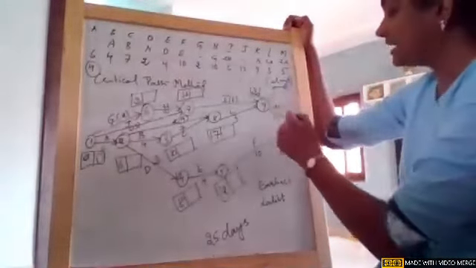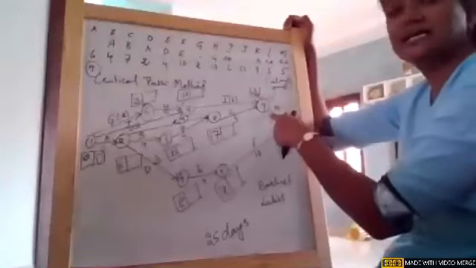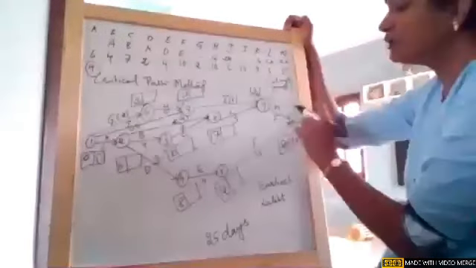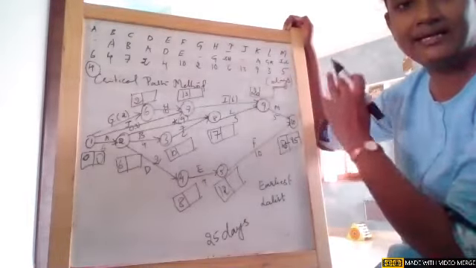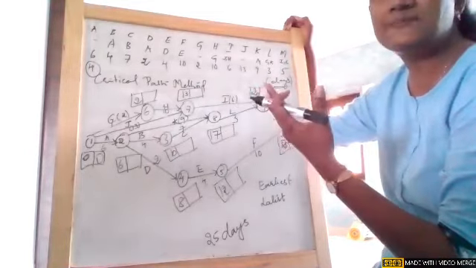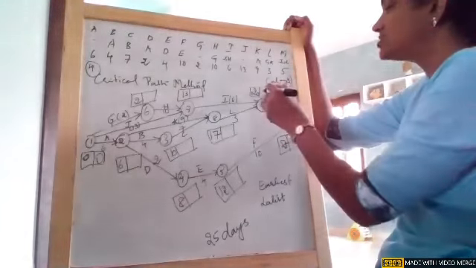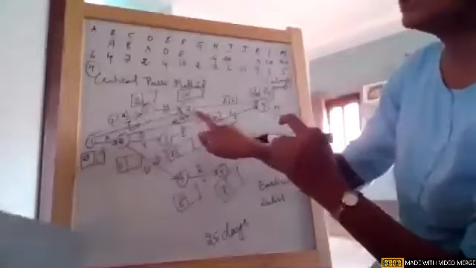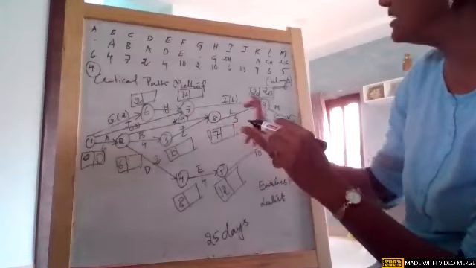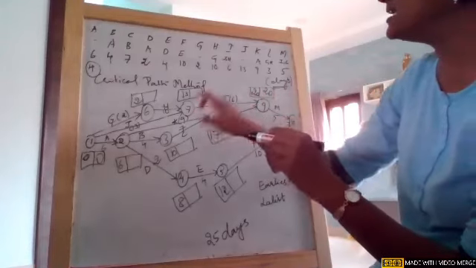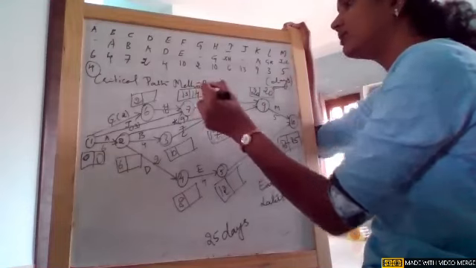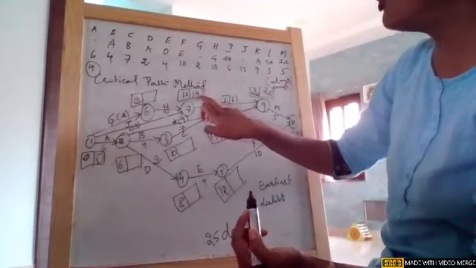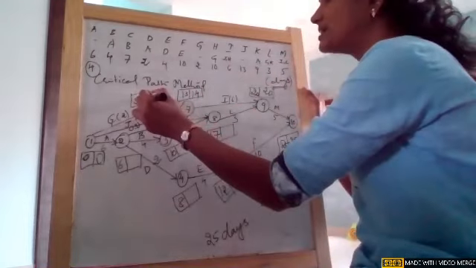So now come back, 10 goes to 9. 9 has a single tail. Ignore the multiple arrowheads, only tail. So while proceeding, I added. Now when I'm going reverse, I need to subtract. So 25 minus 5 is 20. Okay, come from 9, go to 7, single tail. Single tail, again, no problem. Only with multiple tails will there be an issue. So 20 minus 6 is 14. Okay, and go back to 6, it also has a single tail. So 14 minus 10 gives you 4.